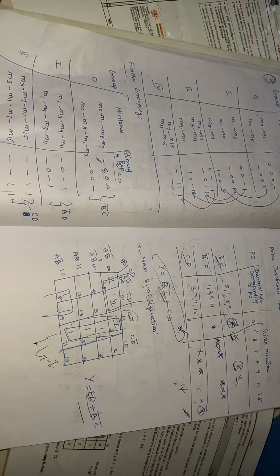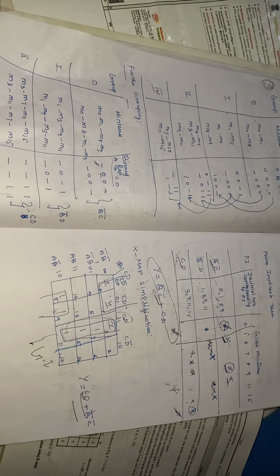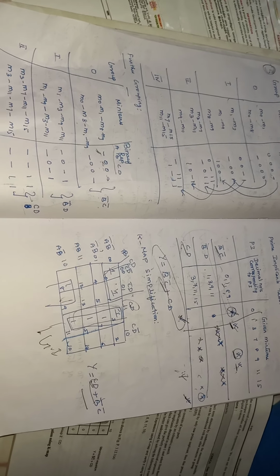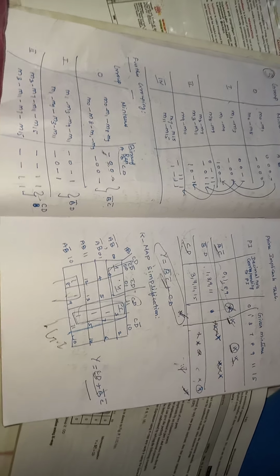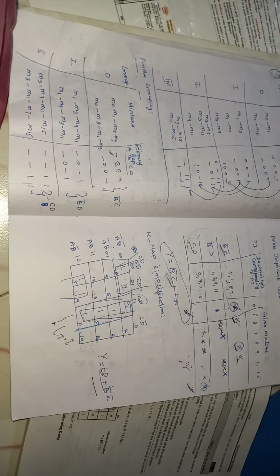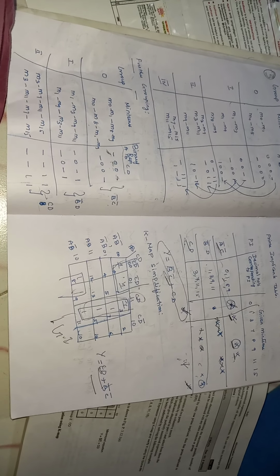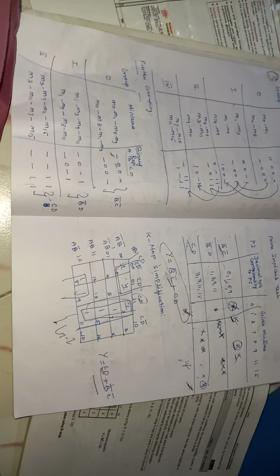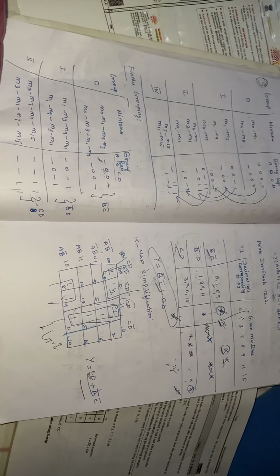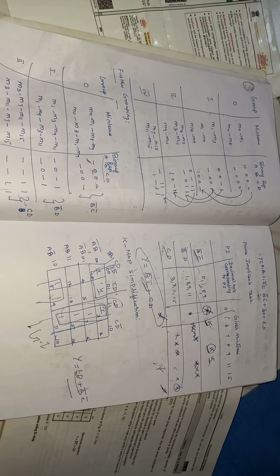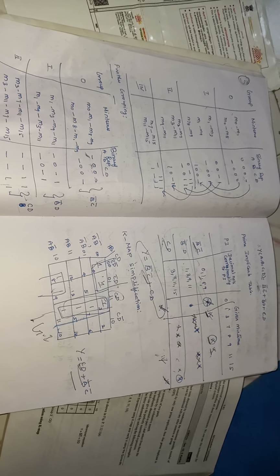So here all the terms are covered because there is no need to go for essential prime implicant, because here we have covered all the terms 0 1 8 9, 3 11, 3 7 11 15, all the min terms. We have covered already, so that we didn't go for any essential prime implicant, right? In the next problem we'll be discussing what essential prime implicant is. I think you will be able to understand this problem. Thank you.